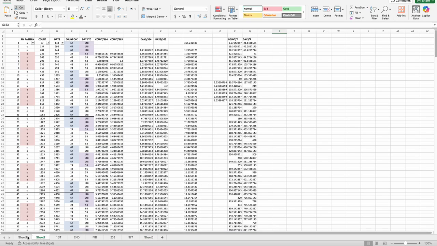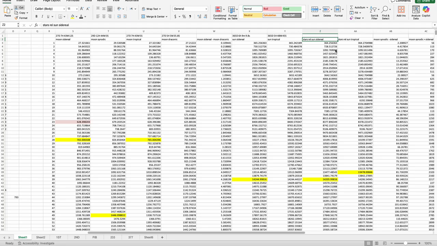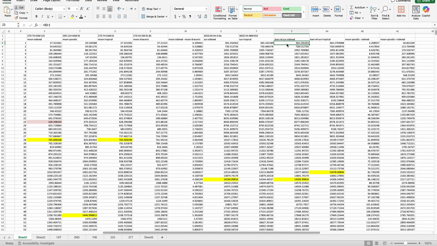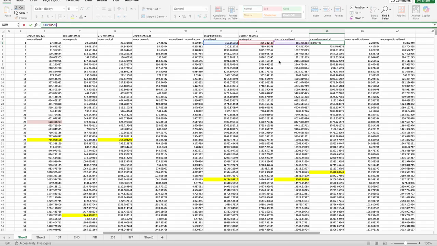So when I was looking at the relationship here, I had the stars less than 1. So this would have to be adjusted. So this should equal our sun sidereal plus 1. And then our relationship for the stars related to the sun tropical should be this number. How did I have that set up? I'm sorry. So yeah, that's going to be the sun sidereal